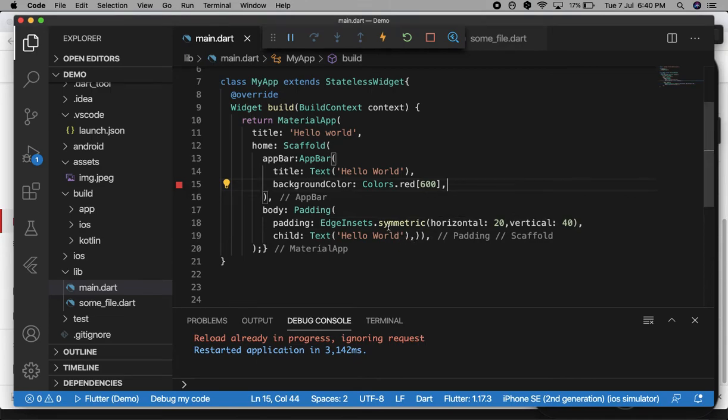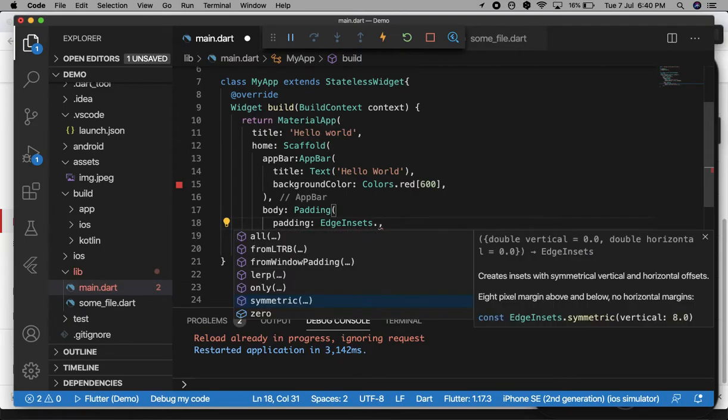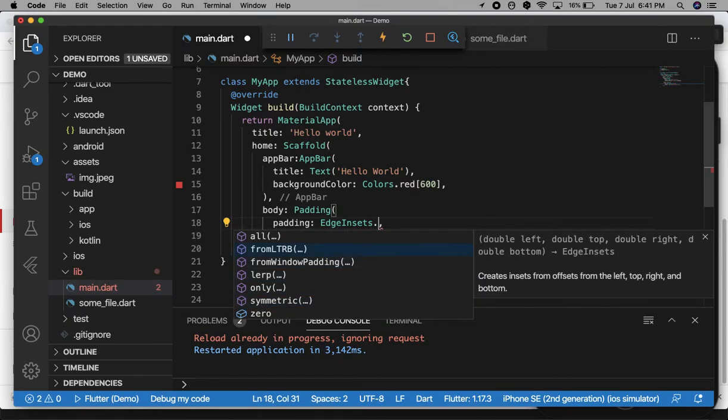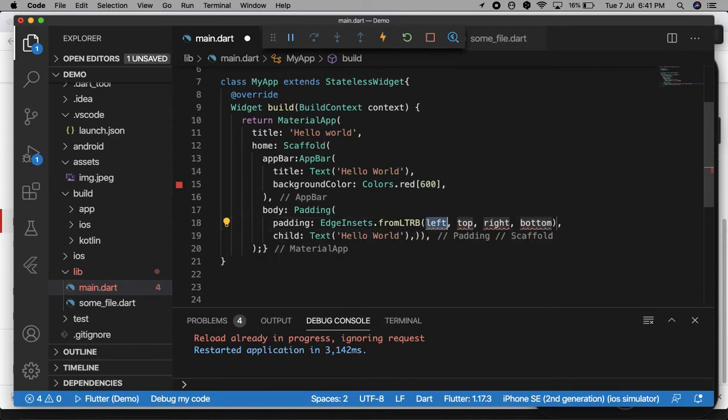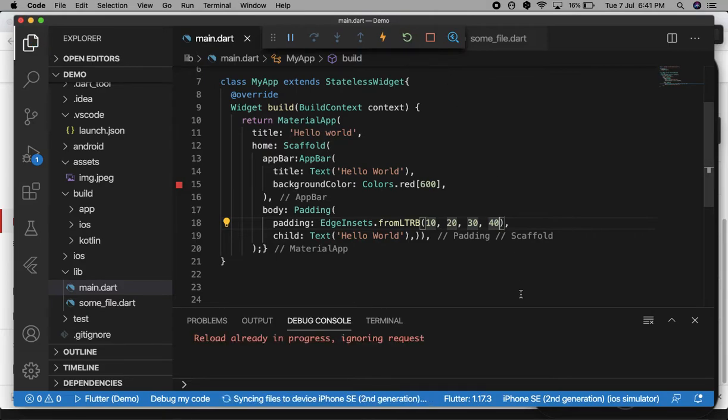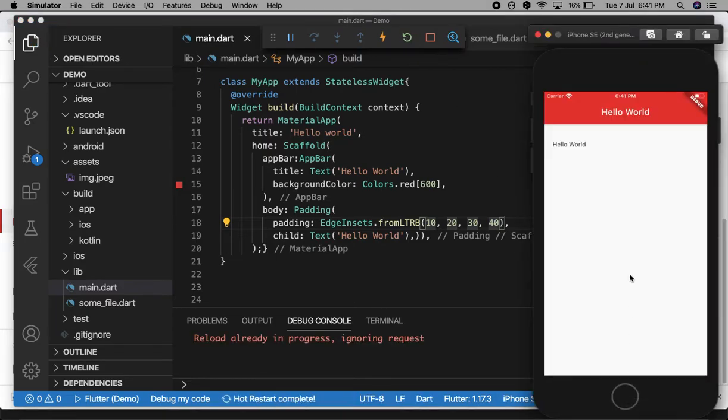So this is symmetric. And if you want to put different spacing for left, right, top, bottom, then you can use the next property, fromLTRB. Here you can put different spacing for all the sides, see the output: 10, 20, 30, 40 like this.